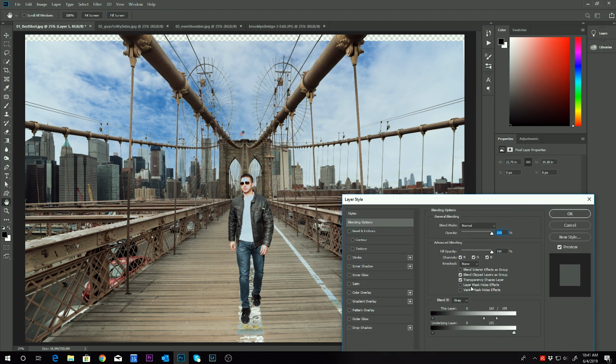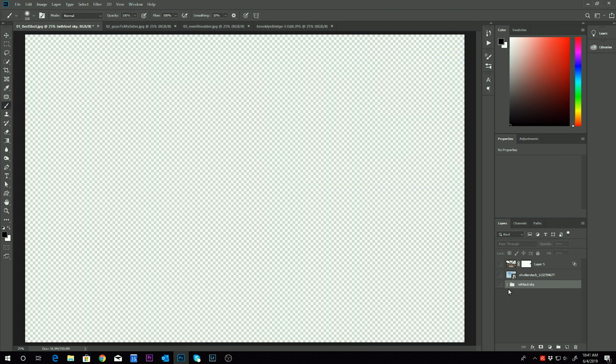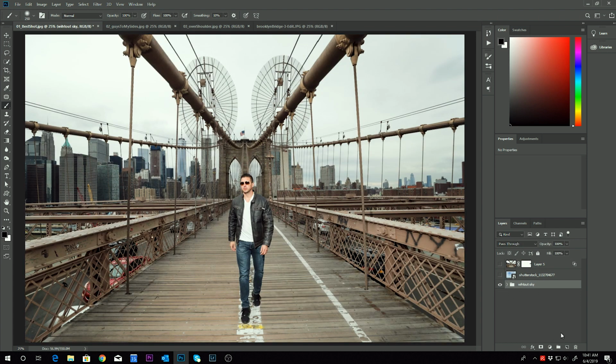And I'm going to fine tune that just a little bit more here to delete some of the gray values that were here that were not deleted before. I'm going to click OK, and now I'm going to hide these two layers and bring this one back up and copy everything to a new layer, merge visible, and I'm going to bring this back to the top